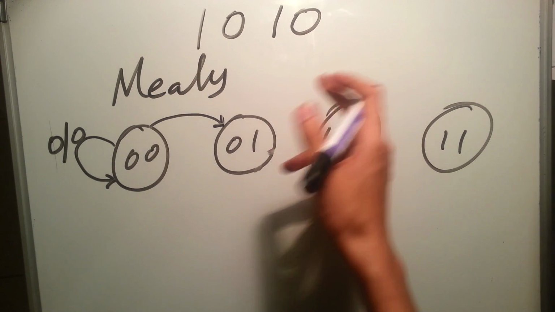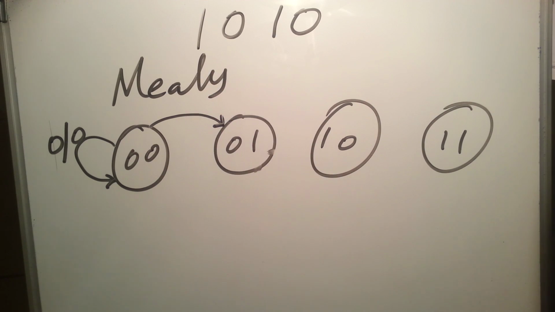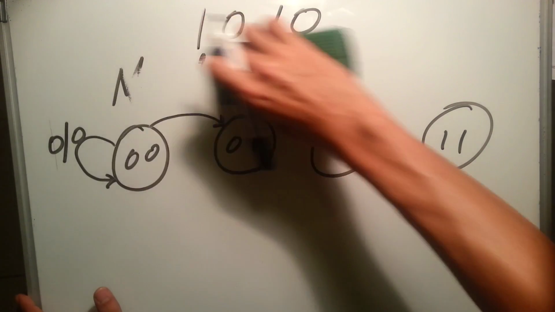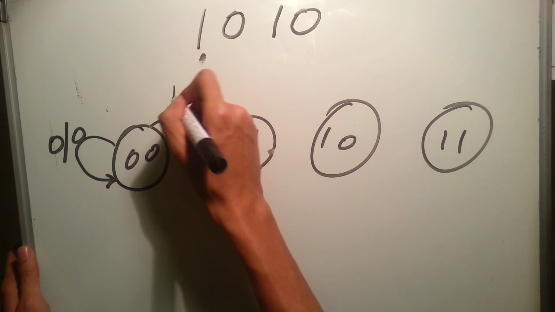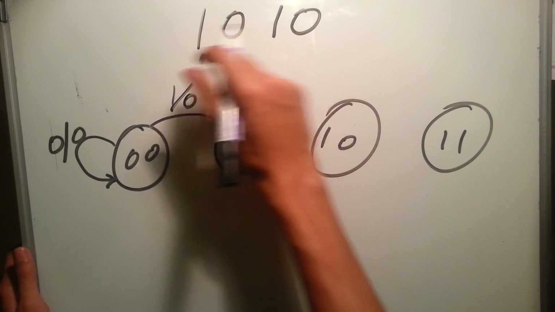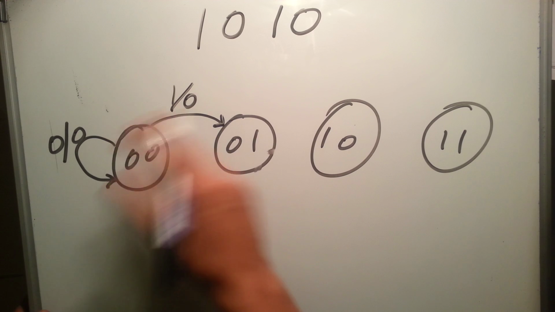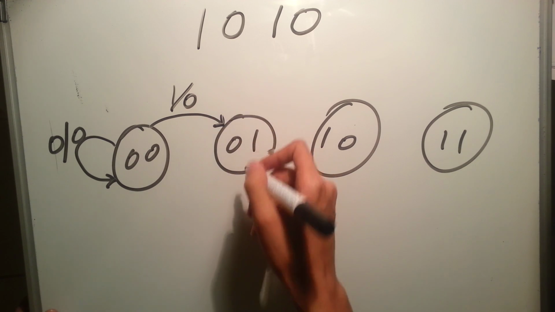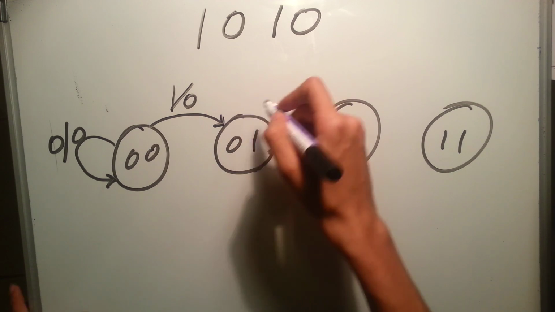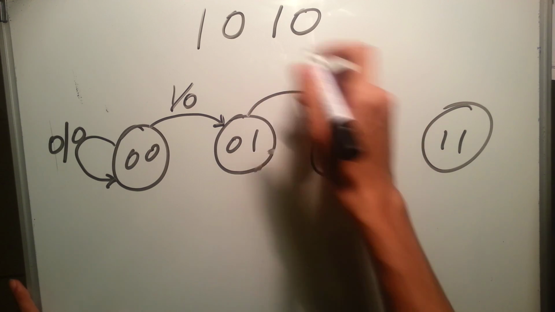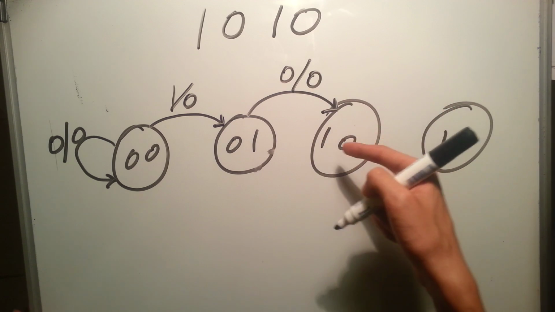Basically 1010 is the sequence. You already know that this is Mealy. If you insert a 1, you'll still have output 0, because output 1 is only when you get the sequence 1010, but you'll be moving to the next state. If you got a 0, you'll stay at this one. For the next state, if you got a 0, you'll move to the next state, because we have a 0 here, but still the output is 0. However, if you got a 1,